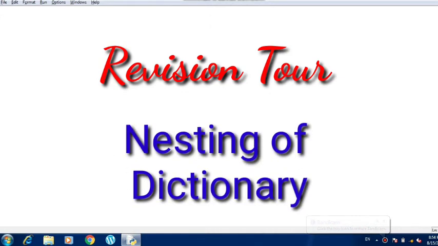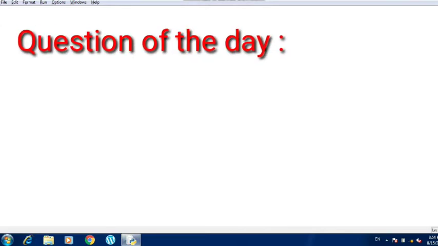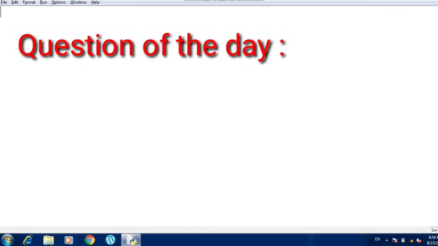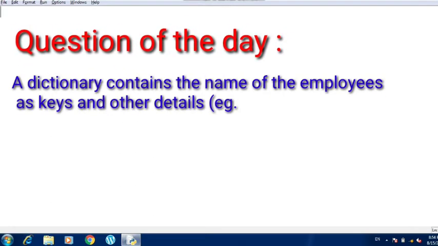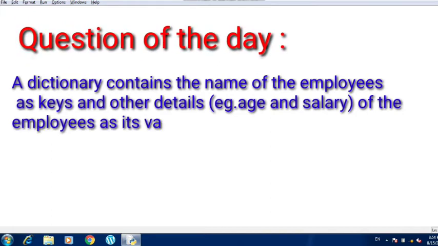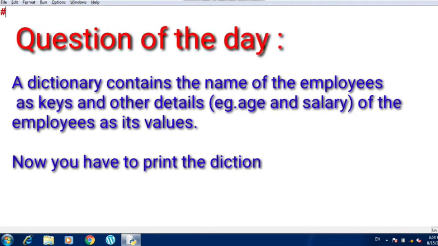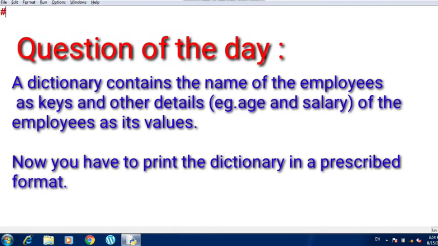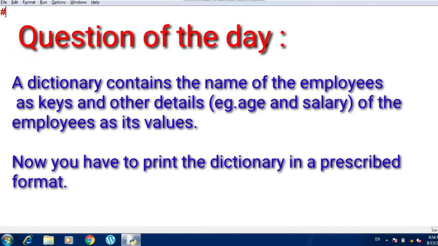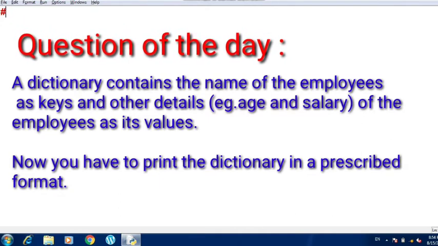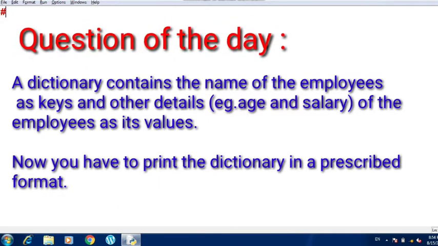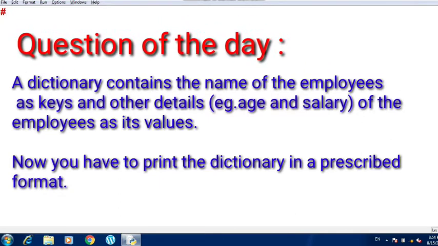There is a question which I'm going to solve here, with which you will be able to understand how the dictionary values can be nested along with the keys. Now the question is, suppose a dictionary contains the details of two workers, where their names are taken as keys and the other details, for example their age and salary, are represented in the form of values. Now we will be taking a dictionary which will store the details of two workers,